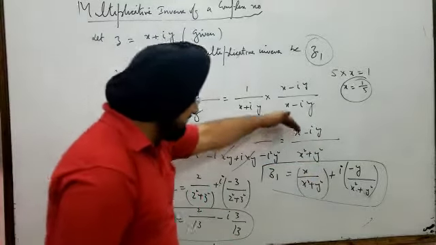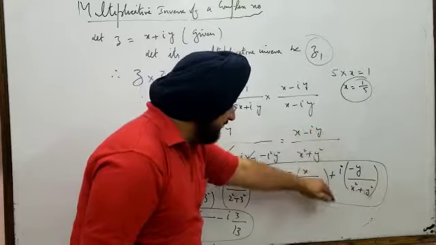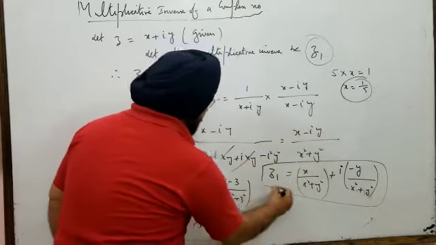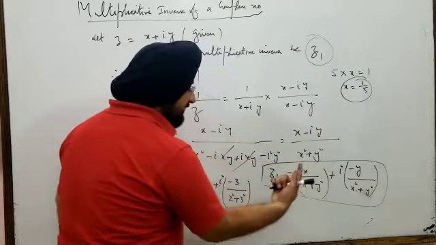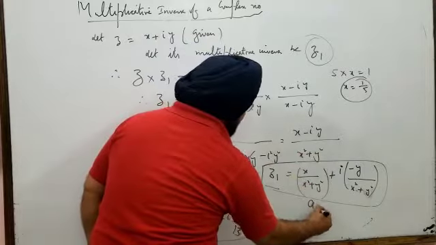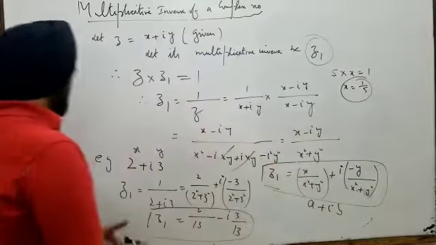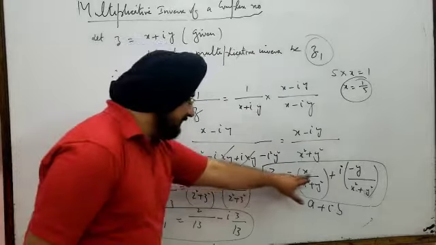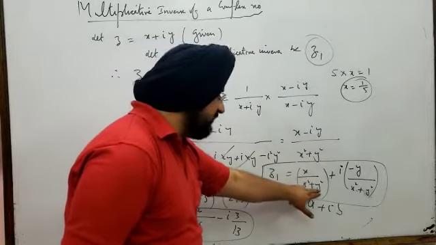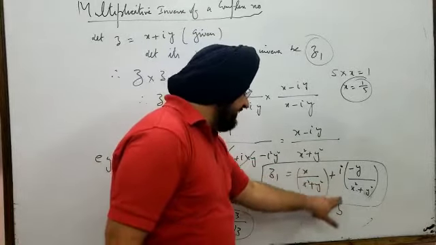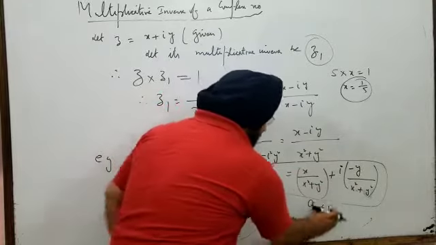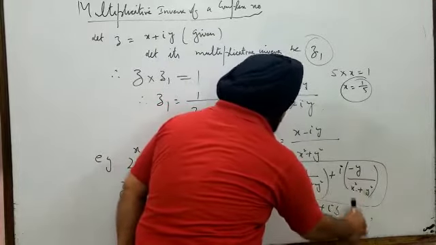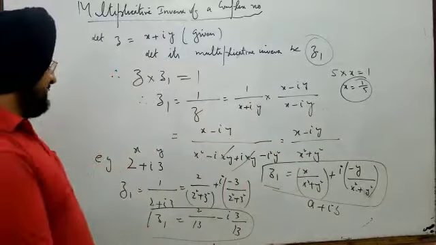So in this case, if I separate real part and imaginary part, I am getting a complex number z1, that is the multiplicative inverse, of the form a plus iota b. Now what is a here? A is very simple to remember: x by real part square plus imaginary part square. And what is b, the imaginary part? What is b here? Minus y upon x square plus y square.